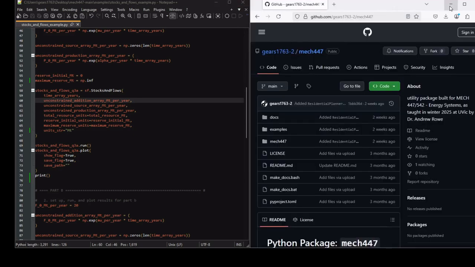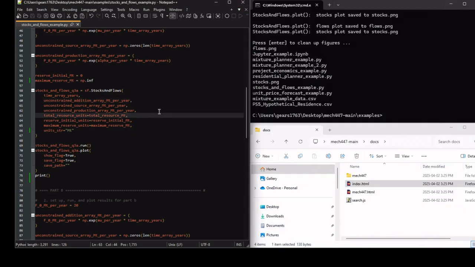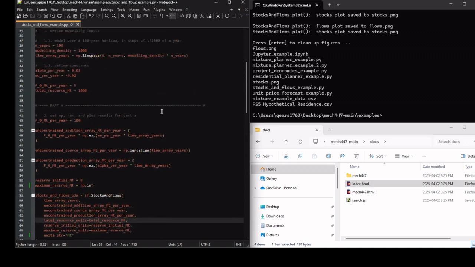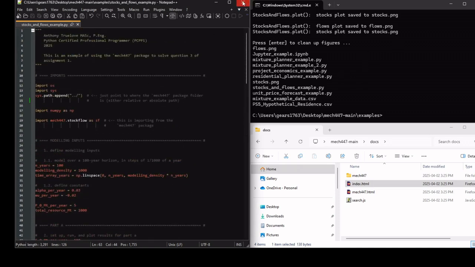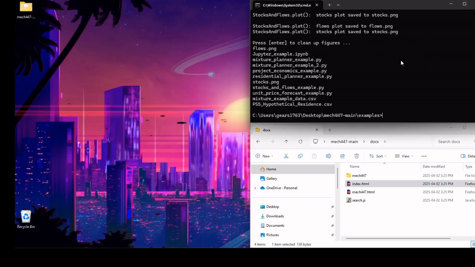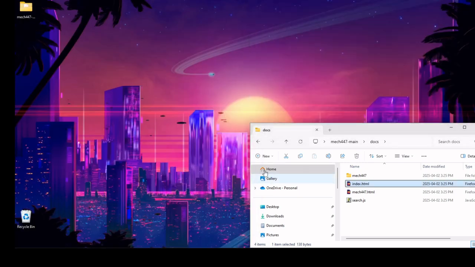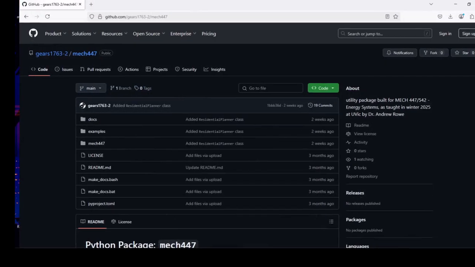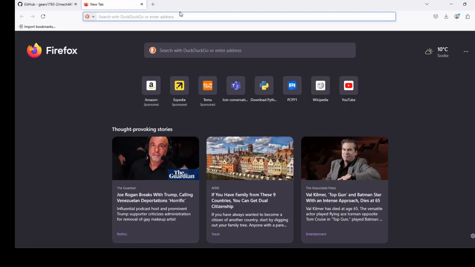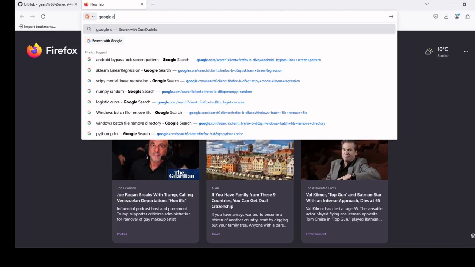Okay, so that is running this stocks and flows example using just the command prompt. But I did promise showing how to use it in Jupyter, so I'll do that now. If we look at examples, there's this IPython notebook example that's provided. It's a Jupyter example. So for Jupyter, I'm going to use Google Colab. So if we go to Google Colab,